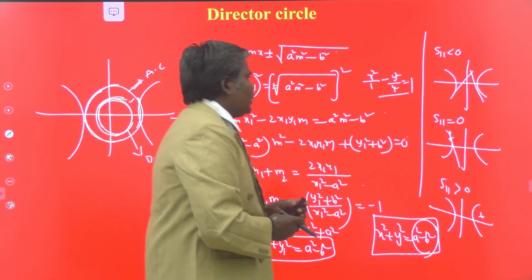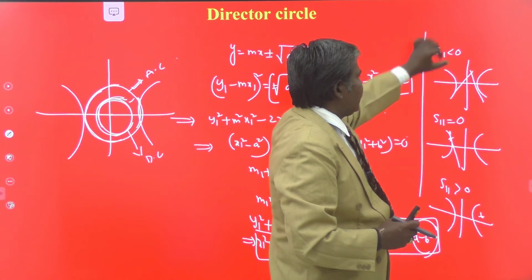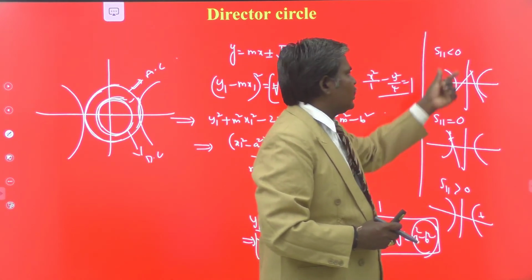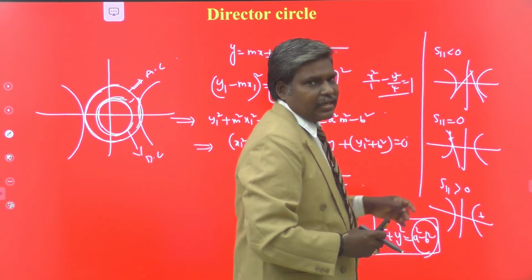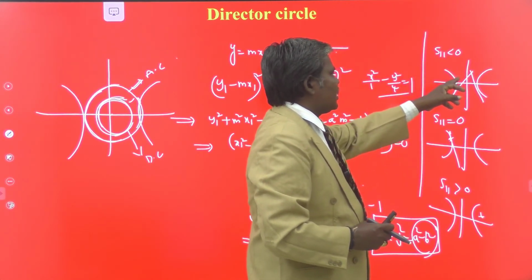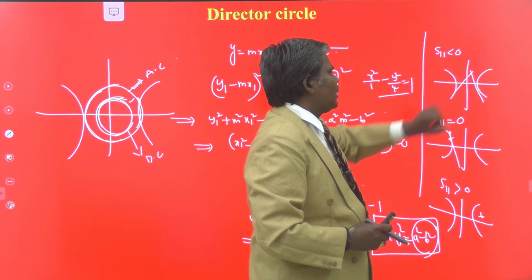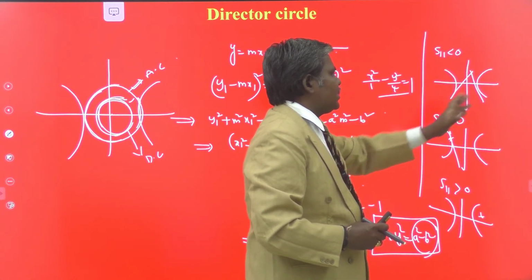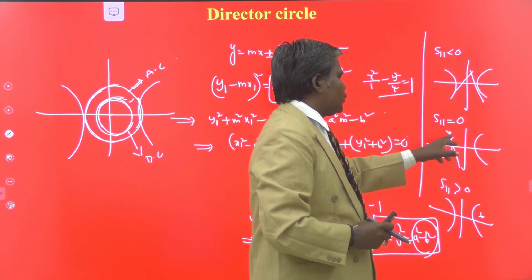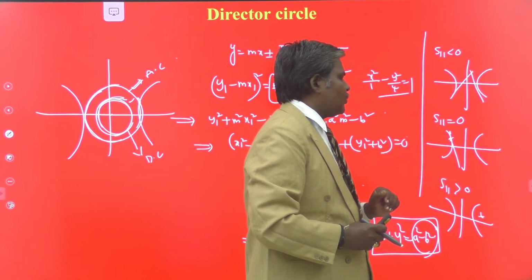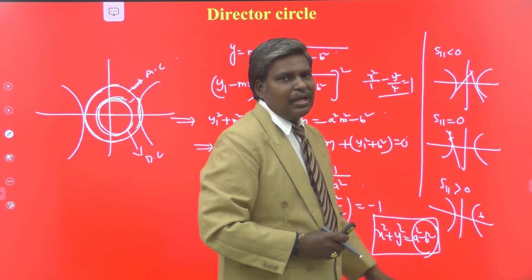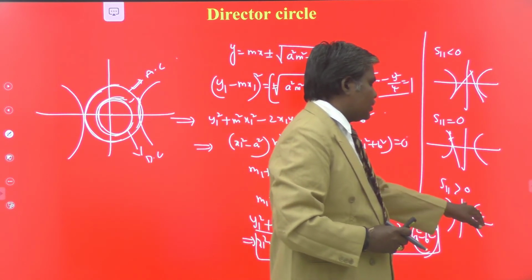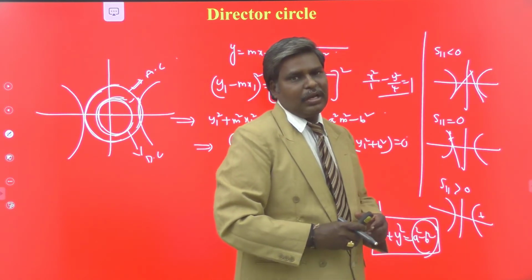Okay. So in your ellipse chapter, S11 greater than 0, two tangents can be drawn. Here S11 should be less than 0. In position of the point itself, it is reversed. S11 less than 0, your point is outside the hyperbola, and from that two tangents can be drawn. S11 equal to 0, your point is on the hyperbola, you can draw only one tangent. S11 greater than 0, your point is inside the hyperbola, it is not possible to draw any tangent through this point to the hyperbola. Okay.